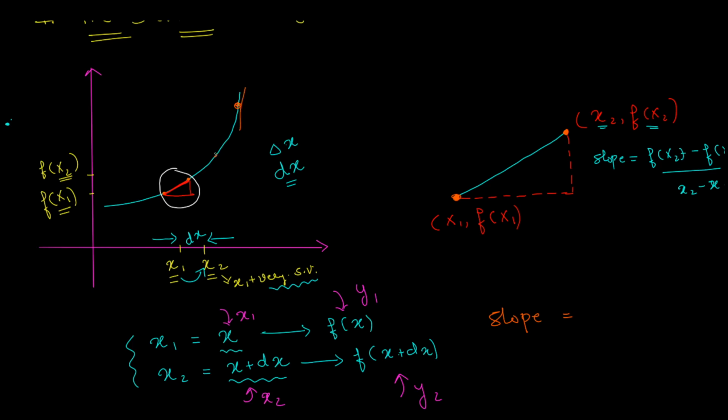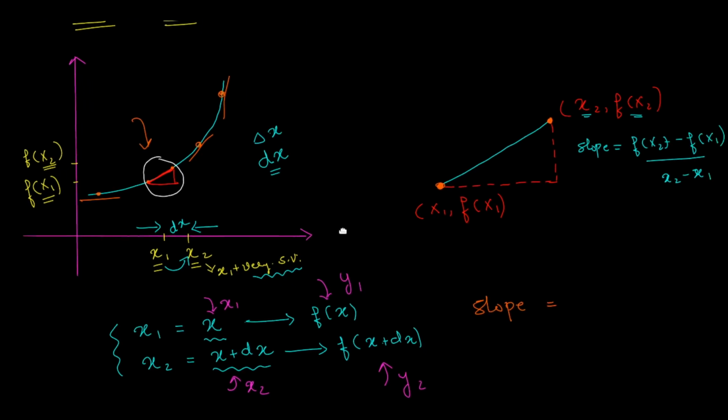You can do the same thing for this point, slope will be something else. But what I'm trying to say is, you can do this little exercise to in fact find the slope of any point on this line, right? So let's say we have done that exercise for this point right there.